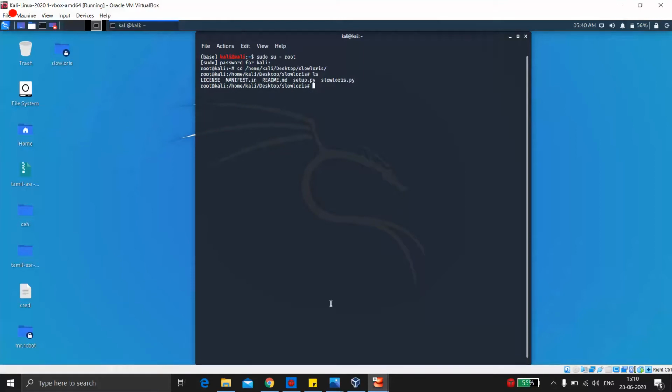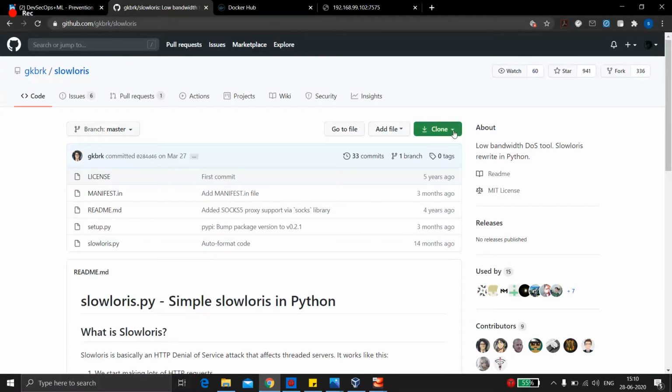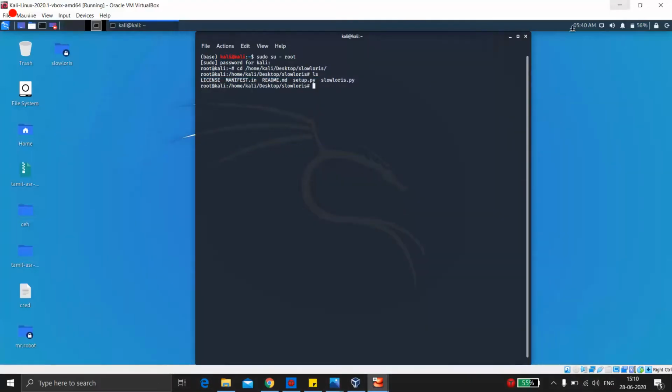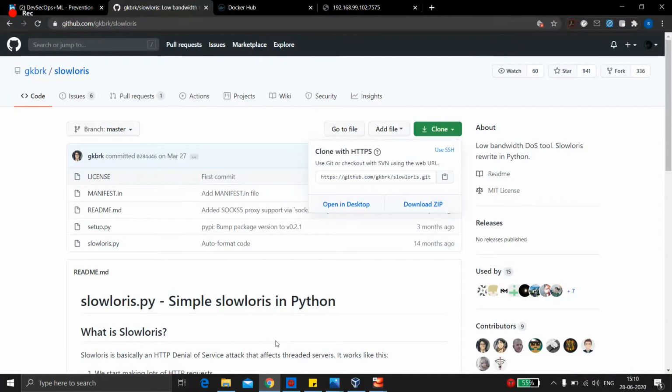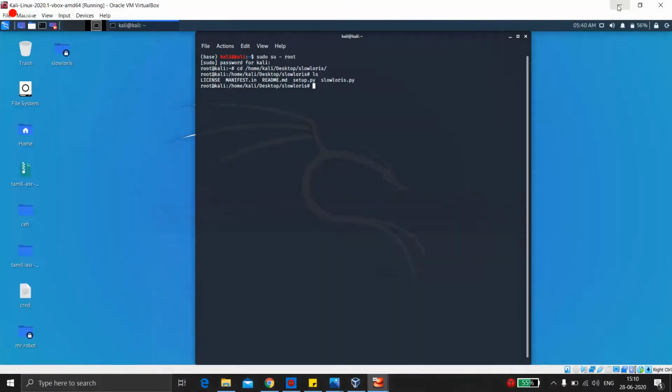Now you can download this from GitHub. This is the same link. You copy this link and you just use the git pull command. Git pull, sorry, git clone command, sorry. I just get confused between these two.